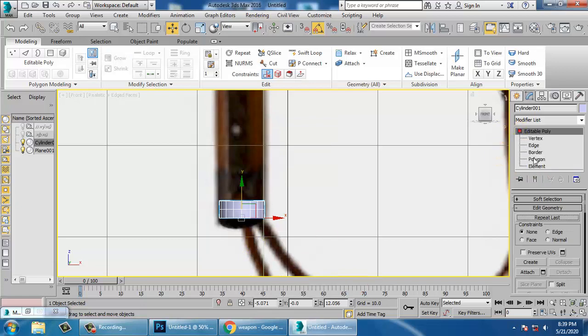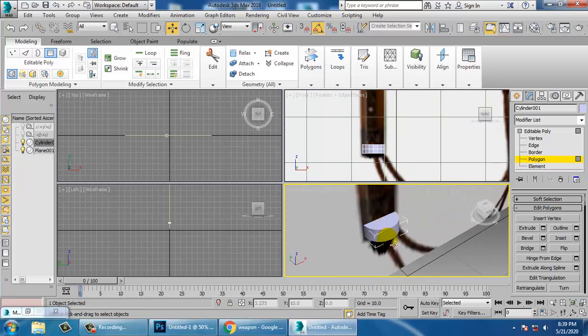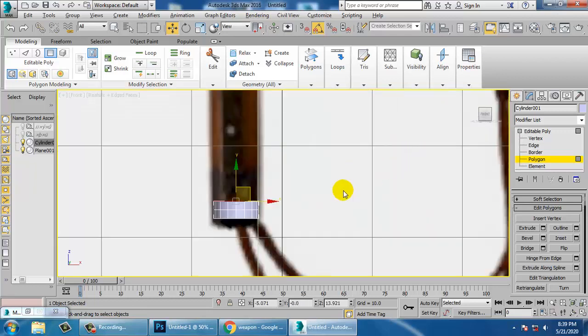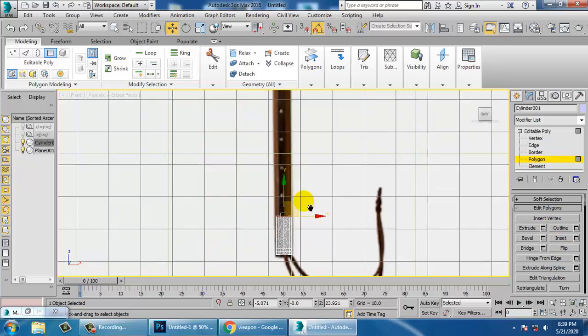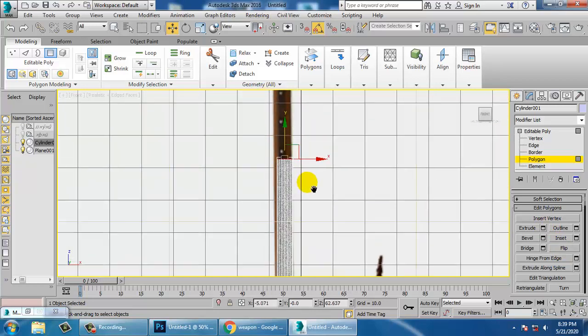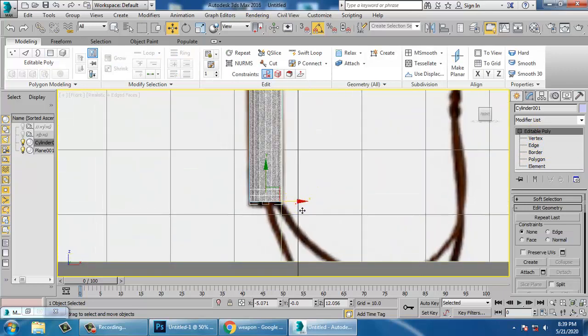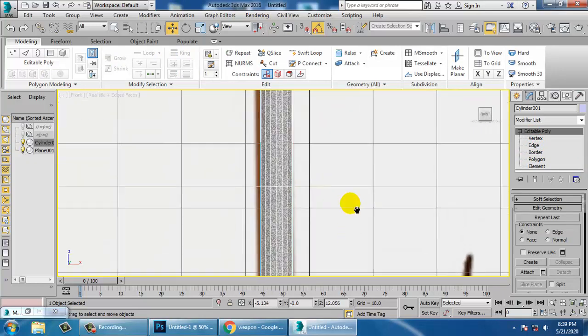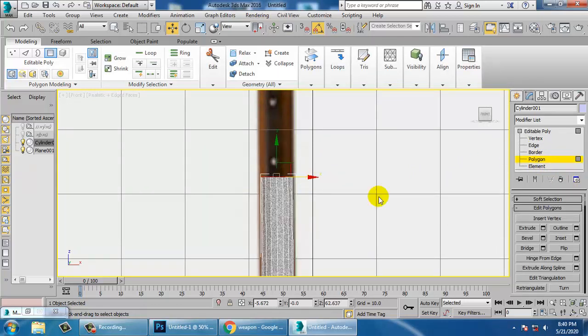So let's select the polygon over here, and let's keep on extruding this. Just push it up. Go into the polygon over here, again extrude this.